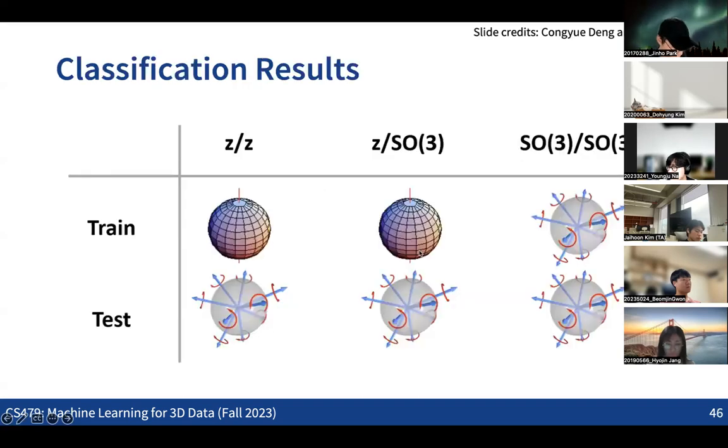Oh, so let's see some of the results. There are 3 experiments with the classification. The first case is basically rotating 3D models arbitrarily with some rotation along the z-axis, and we are rotating 3D models along the z-axis both in the training time and the test time. So this is one case. The other case is that we are rotating the 3D models with arbitrary 3D rotations both in the training and the test time.